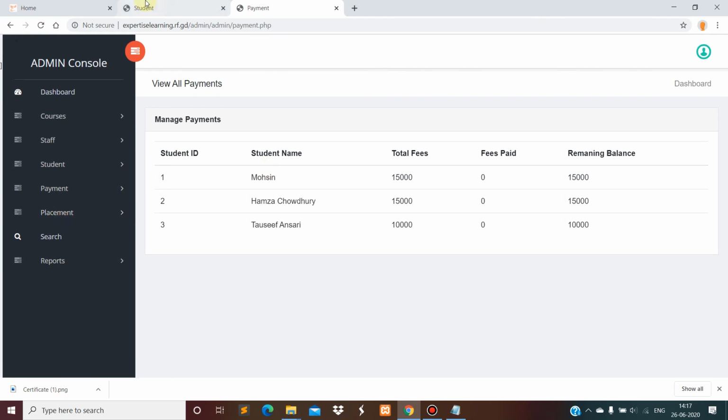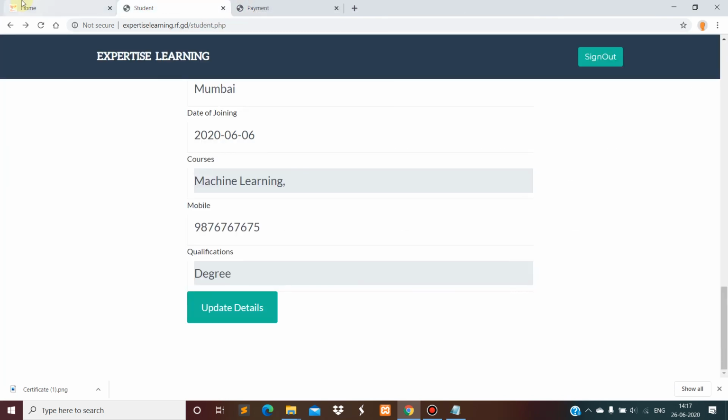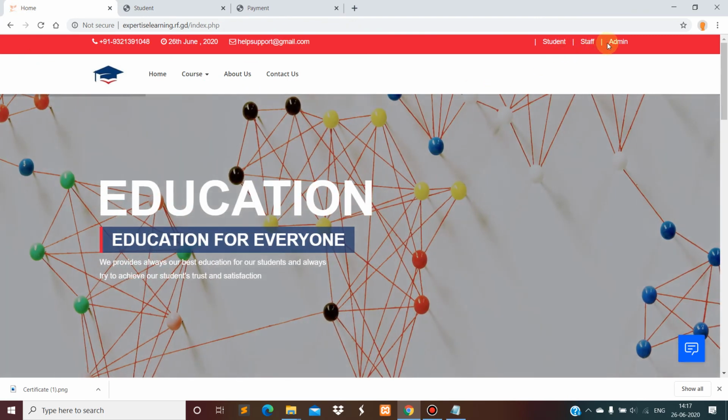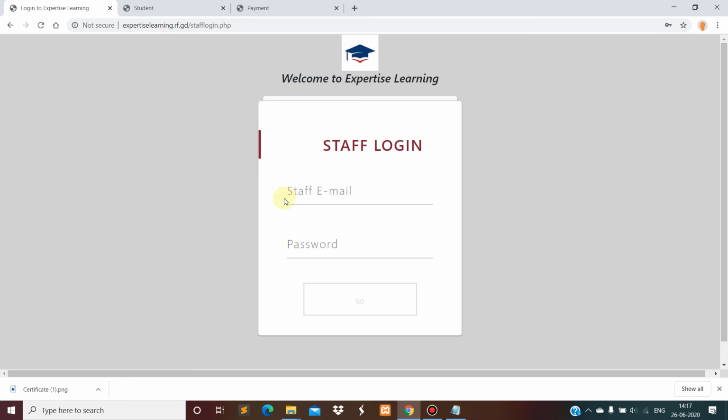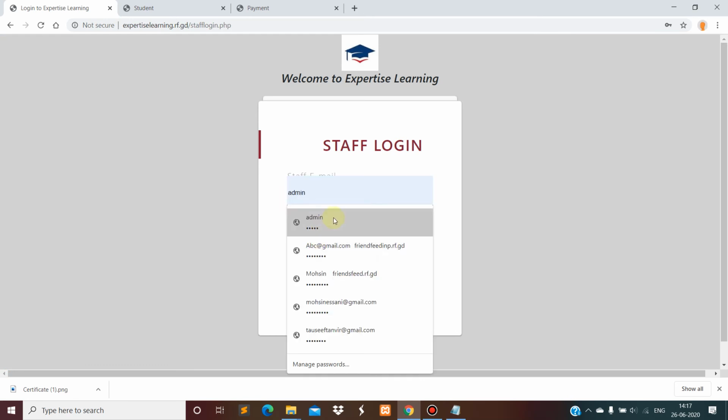So we will see just one example of the student payment. Payments will be done offline by the student.